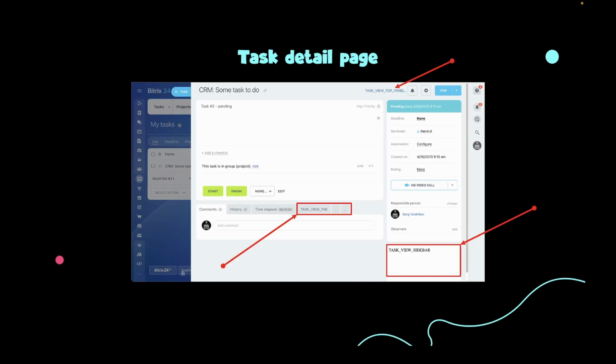Moving on, the lower part of the right column provides another suitable place for embedding specific informers and custom buttons. And lastly, in the upper part of the task page, placing a link to open a slider with your application's interface is an excellent idea. Some potential applications for this slider include linking to a sophisticated project scheduling tool that provides an overview of the task's place in the larger project timeline, a dedicated communication tool for interacting with external contractors involved in the tasks,